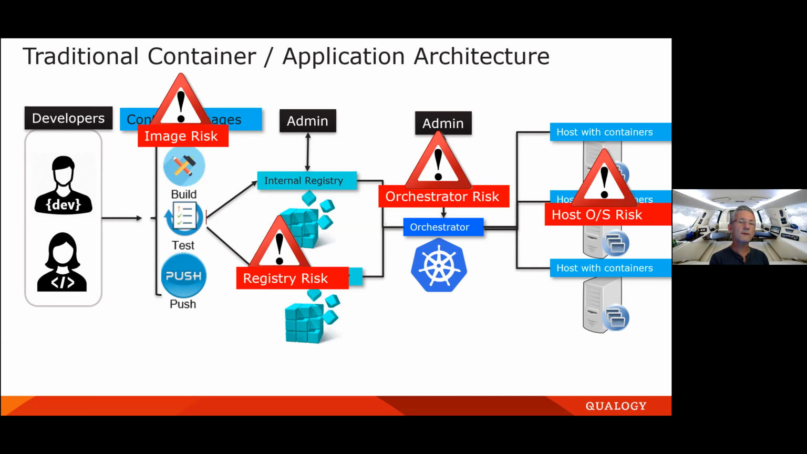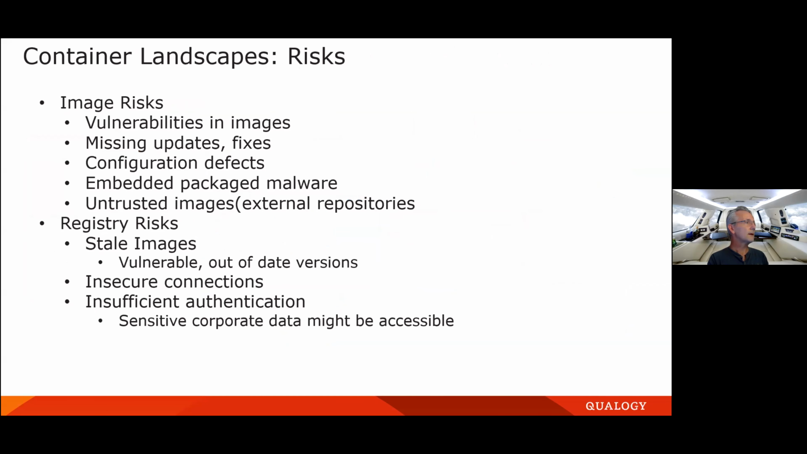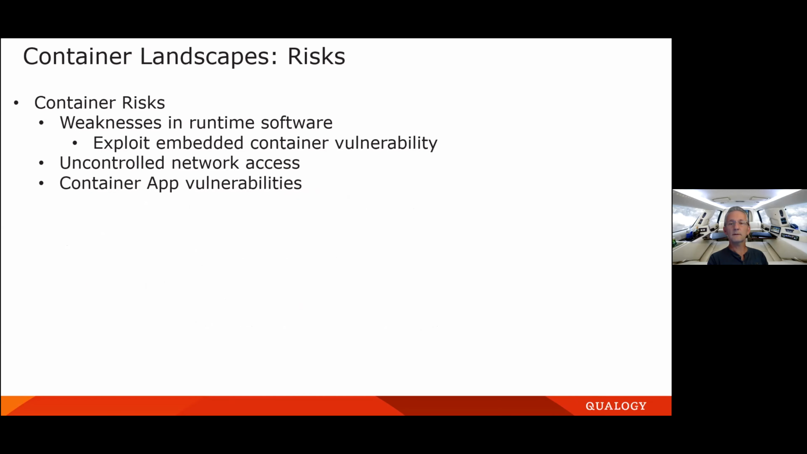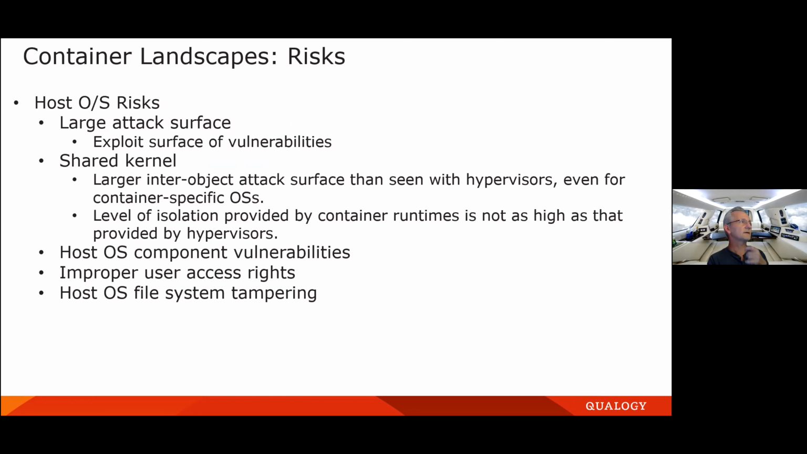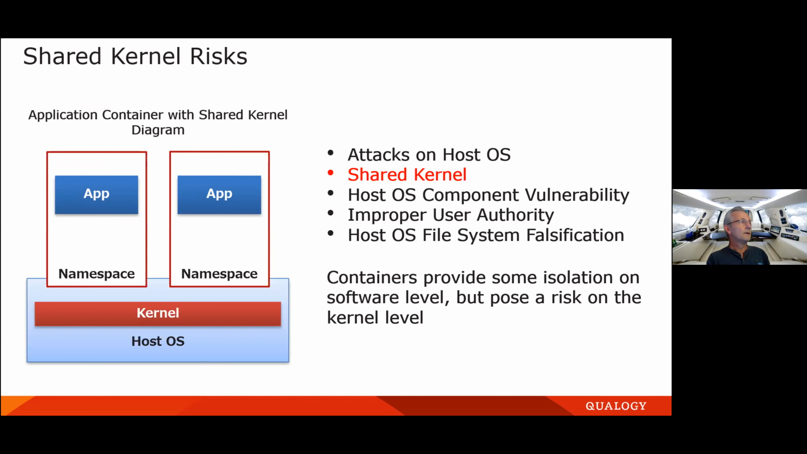And I want to focus on this host operating system, where containers are in fact running, as I already said, as a process. So these are the topics I already discussed: weaknesses and uncontrolled network access. All these things I already told about. User access rights, improper user access rights, for instance. So if you look at the shared kernel risks, which is one of the major risks on a host operating system, then you can identify this as the risk which is maybe the highest